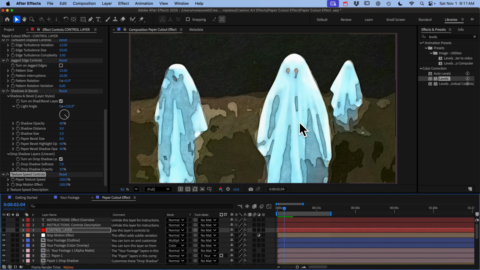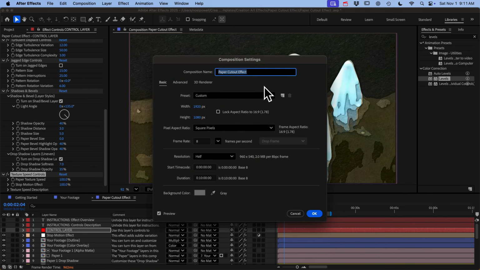If you viewed this at 30 frames per second, it would be way too fast and jittery. So you can change the frame rate in the composition settings panel here. Anywhere from 5 to 10 is my preference, but you can experiment. If you need your video to be at a higher frame rate, what you can do is set this to